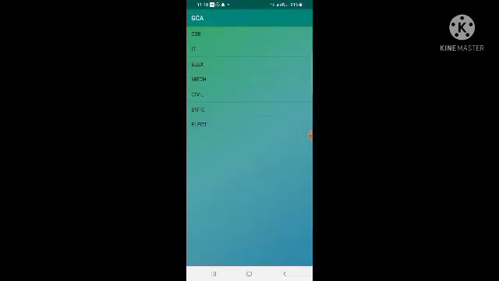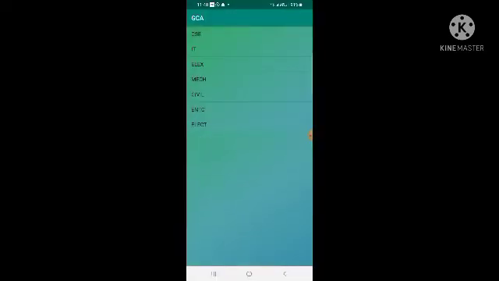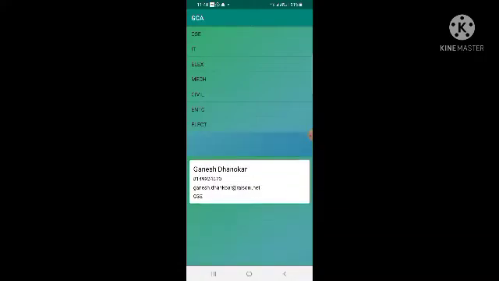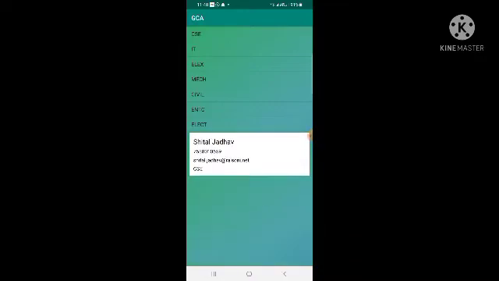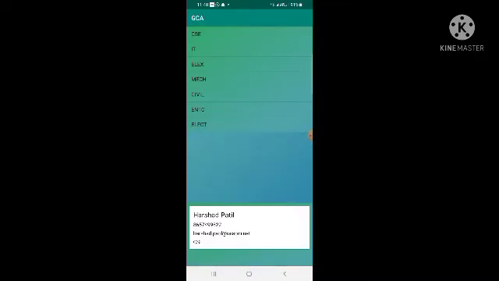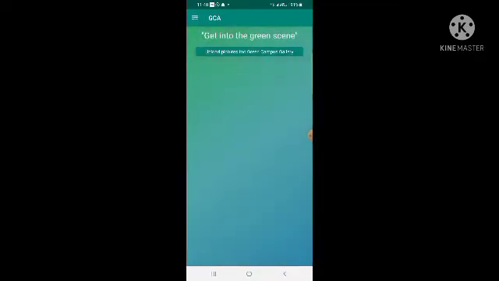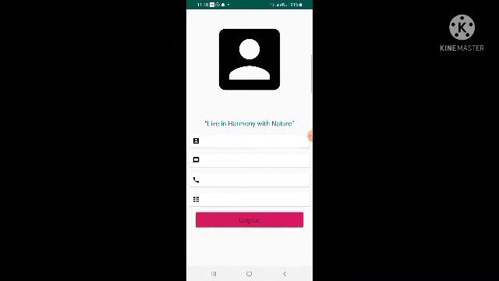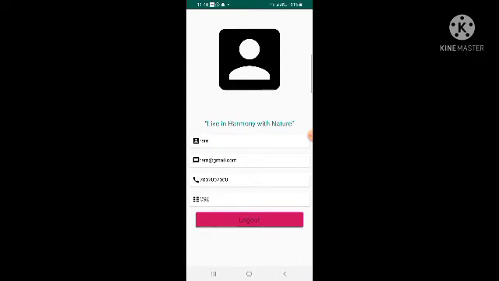He can check the faculty details, and he can also check his profile. It takes some time to load. Just see the ID which I have created.